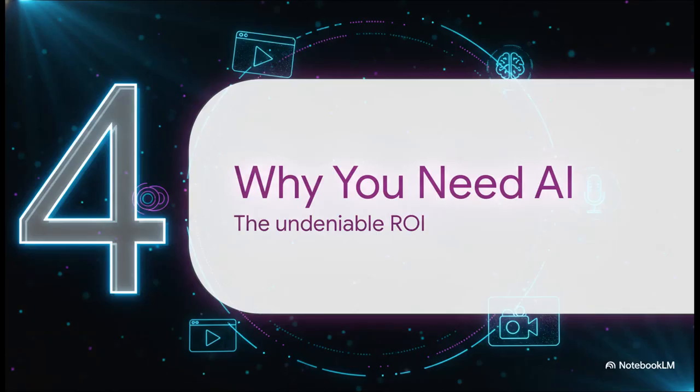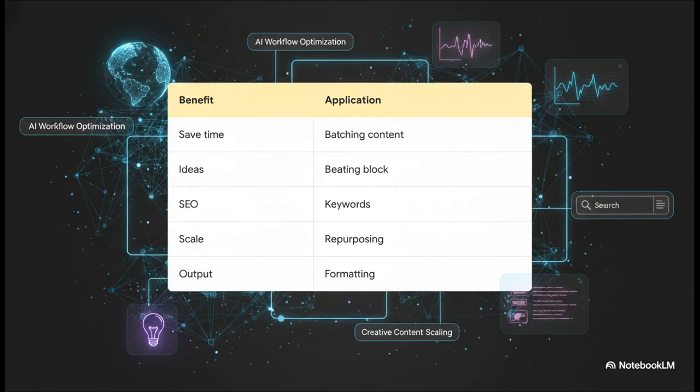Which brings us to section 4, why you need AI. Let's talk about the undeniable ROI of AI. When we look at the core benefits of AI workflows, I want you to really focus on the applications here. We're talking about saving serious time by batching tweets, proofreading, and summarizing reports. You can generate ideas to beat creative block or optimize for social SEO by getting the right keywords and structures